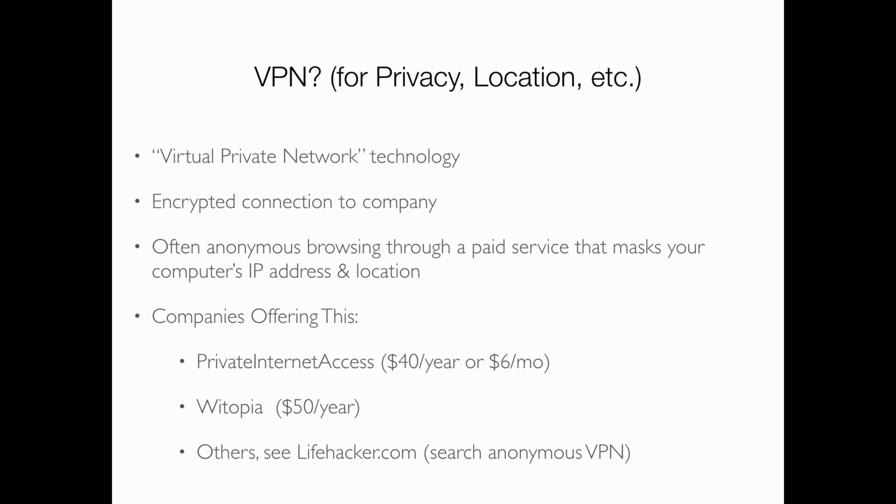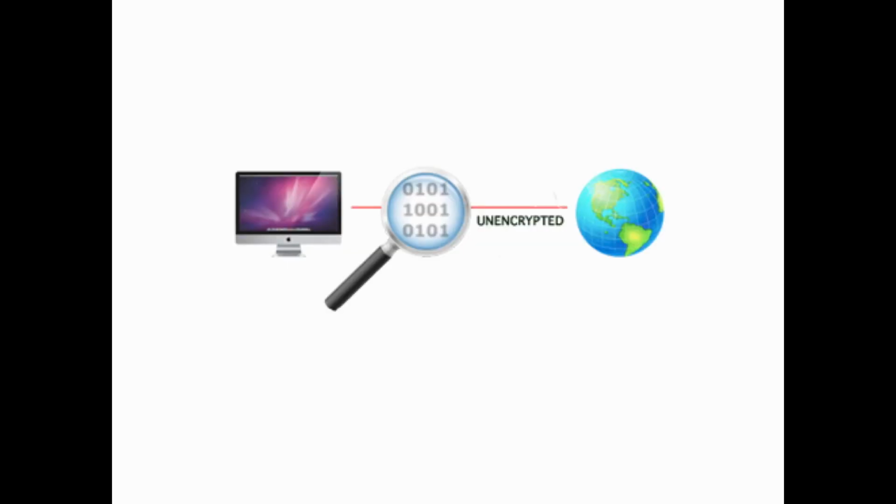I've heard of people doing this with like the BBC broadcasts and stuff. They want to be able to see the BBC broadcast. They can't see it in the States, so they'll shift their location to be in the UK, and then they'll be able to see that content. So it does happen. These are a couple different companies. You can do a Google search for them. There's lots of different companies. And I have a couple graphics that help kind of show how this works.